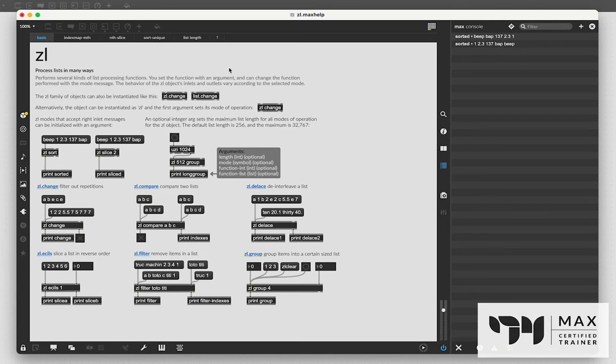All you've got to do, one or the other, is just set it to -1 or leave it blank. Super easy. zl.slice will slice the list depending on the value assigned to it. So it says 2 here. So after the second value, we're going to slice the list, and one slice will be sent out the left outlet, and the other slice will be sent out the